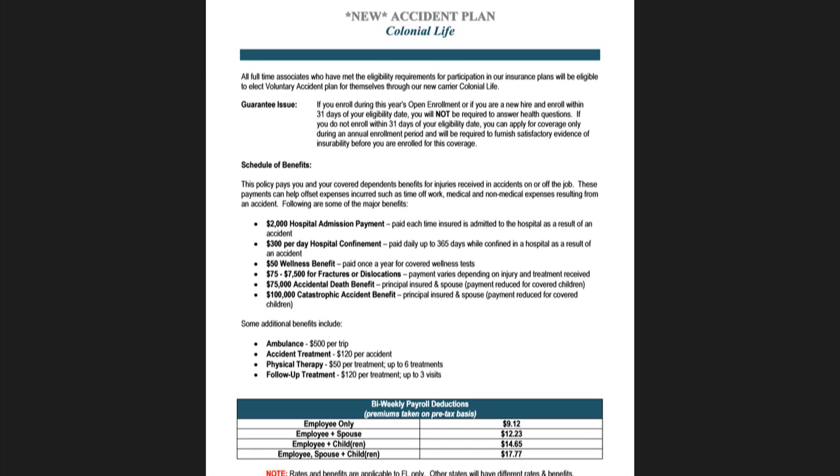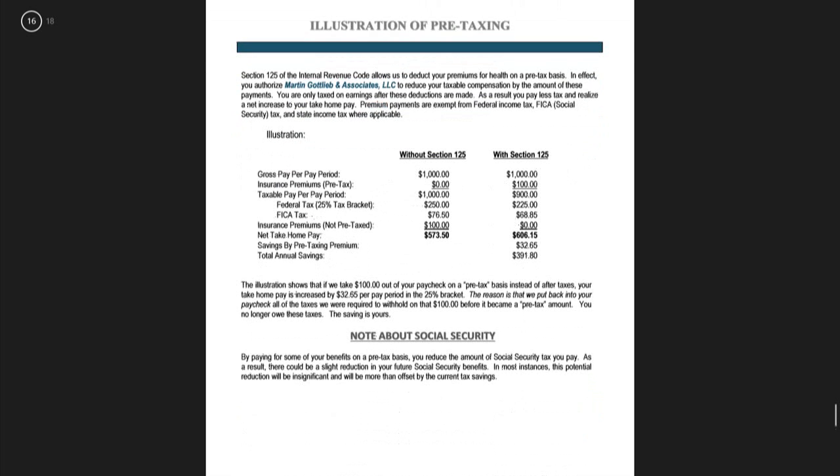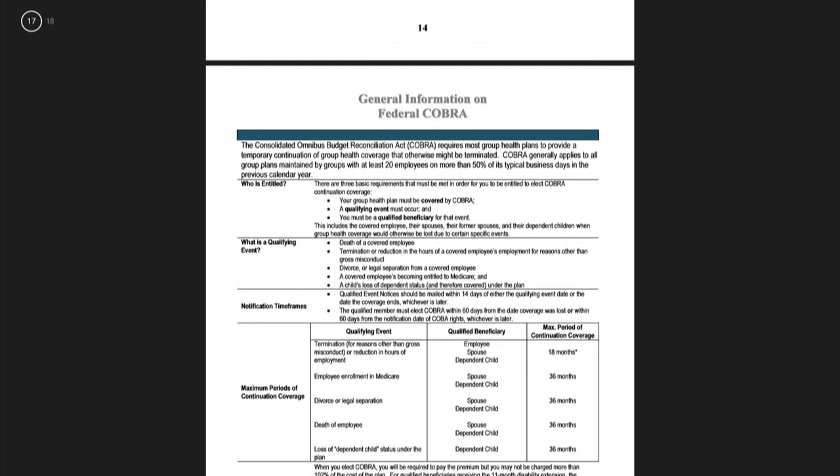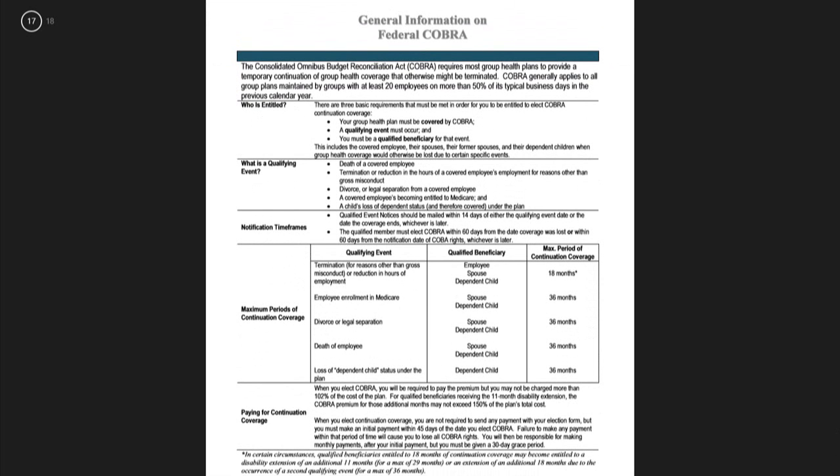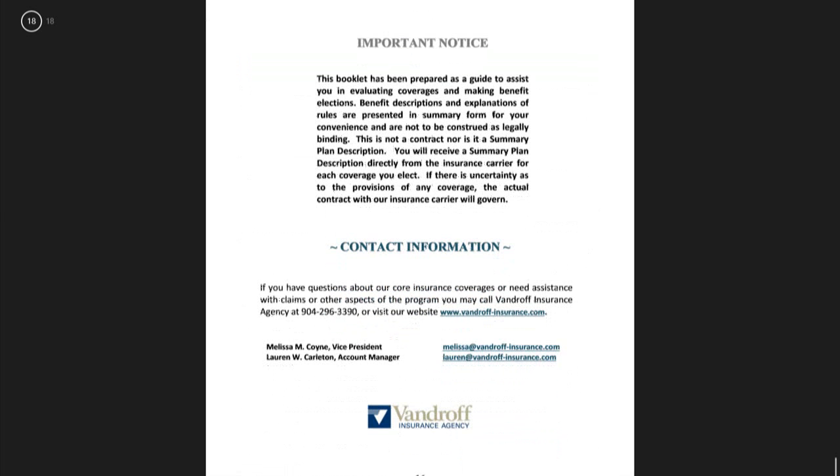Moving on to page 14 is an illustration of pre-taxing, which I referred to in the beginning, or the Section 125, and it shows the reason why the company does it. Moving on to page 15 is general information on your federal COBRA rights. And then finally on page 16, this booklet has been prepared as a guide to assist you in evaluating coverages